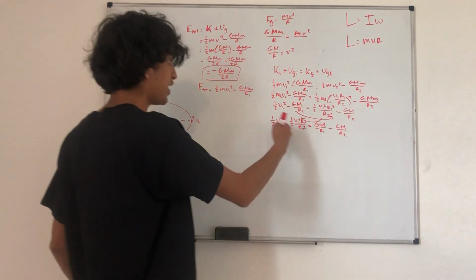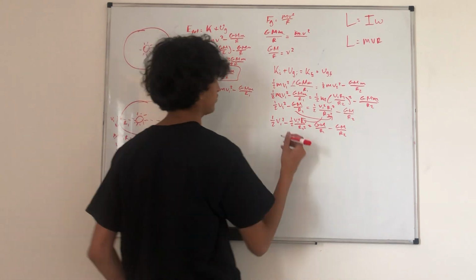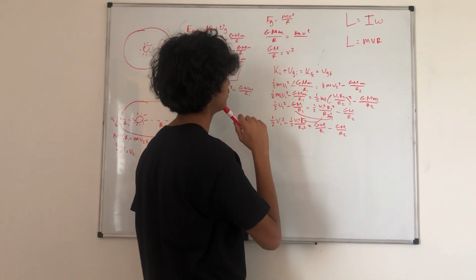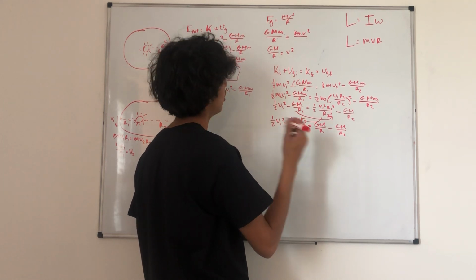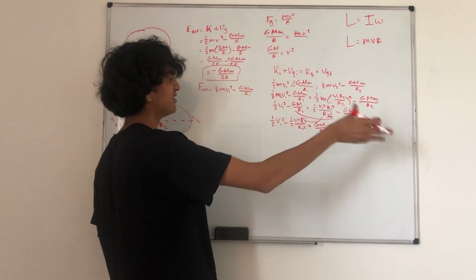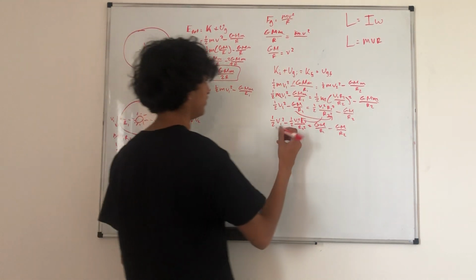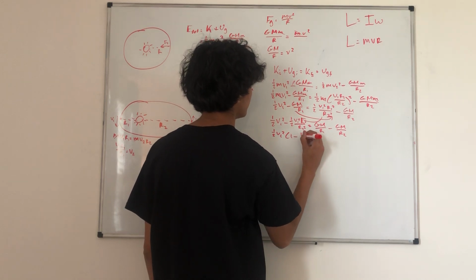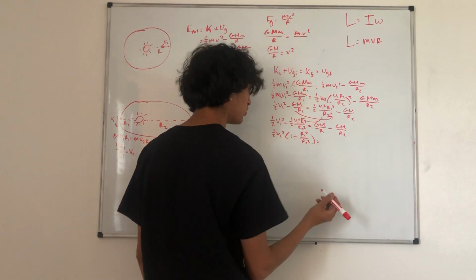In fact, on this side we have a 1/2 v1 squared for both these terms, so we can just factor it out. So we get, I messed up somewhere. Did I mess up somewhere? No, I didn't. Okay, sorry. I did this in the morning and I realized I did it differently. So no worries, we're doing everything fine. 1/2 v1 squared times 1 minus r1 squared over r2 squared is going to equal